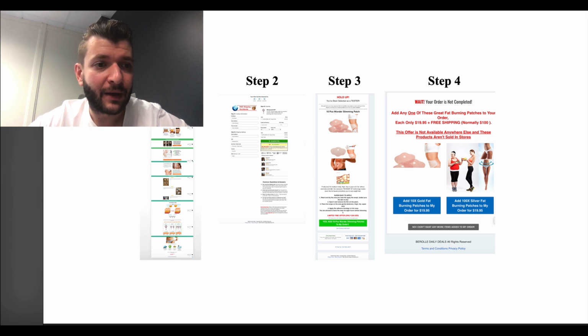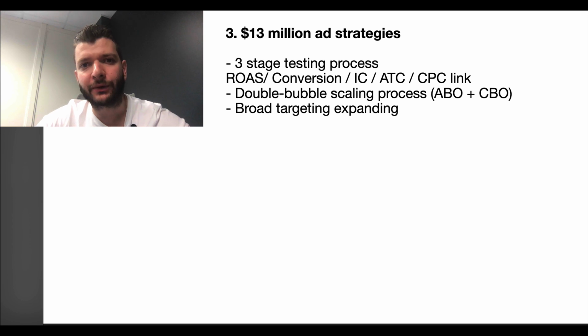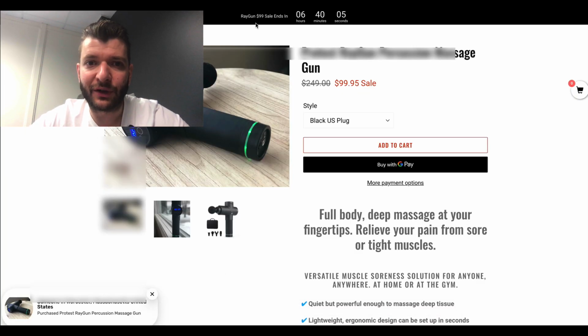So the third breakdown and the third point that I wanted to cover is the 30 million ad strategy. So we have a 3-stage testing process. Basically, initially when we are testing new products on Facebook advertising, there is a sequence of metrics that we are monitoring, that we are observing, that we want to hit in order for us to identify if the product has the potential to be scaled. And so here, for example, you can see the first metric, obviously, we are aiming for ROAS. And for example, with this product here, as you can see,